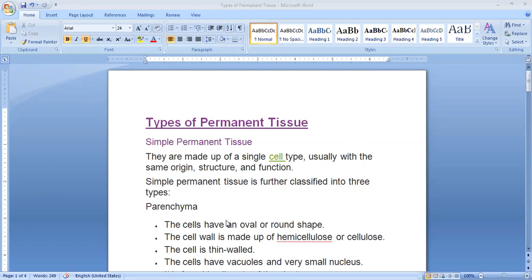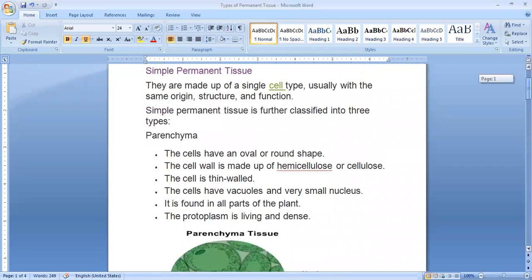In the last video, we have already studied what tissue means and why plant and animal tissues are different. Then we have seen plant tissues are categorized into two parts, meristematic tissue and permanent tissue. In this video, we are going to study about permanent tissue. Already we have completed meristematic tissue. So what are permanent tissues? Let us see.